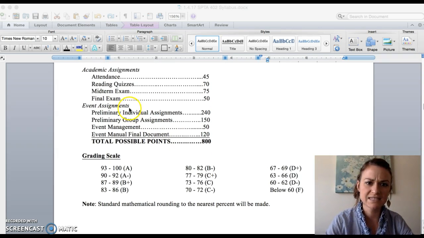In terms of the event assignments, there will be assignments that you must complete individually in preparation for the event. There are assignments you'll complete as a group in terms of your committee that are in preparation for the event. Event management reflects actually executing the event, and then the event manual is essentially a great comprehensive document